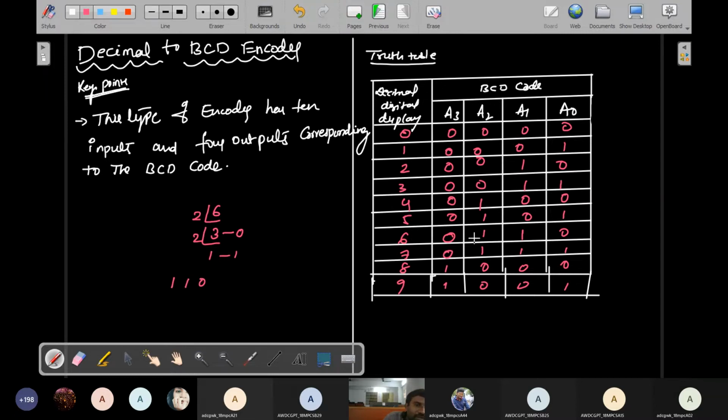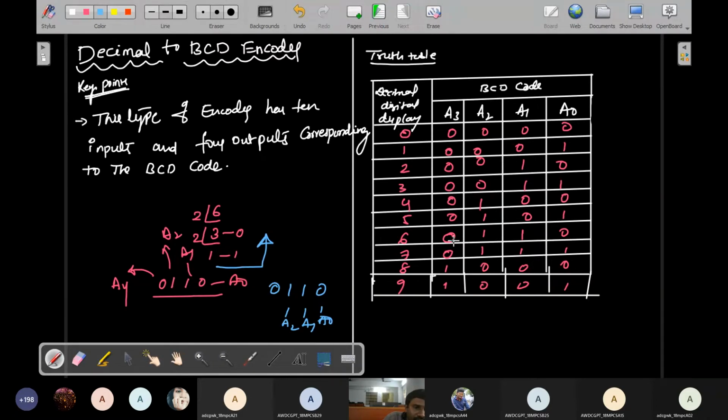Actually, see 0 1 1, and the remaining fourth output is simply 0. So this represents A0, this is the A1 value, this is the A2 value, and this is A3. The direction of the binary code representation is like this, so I write this direction 1 1 0. This represents A0, A1, A2, and therefore for the fourth terminal you simply put 0. So see the sixth decimal, 0 1 1 0. Okay, is it correct?